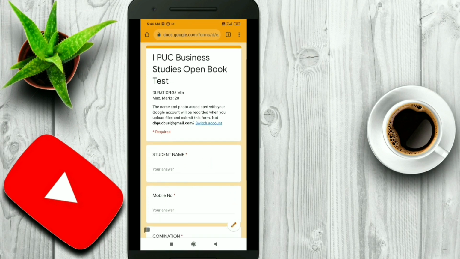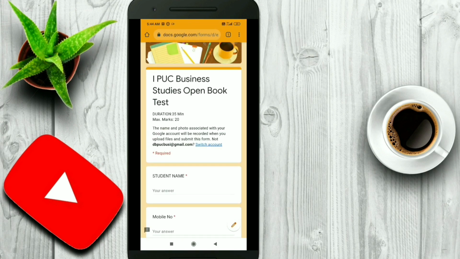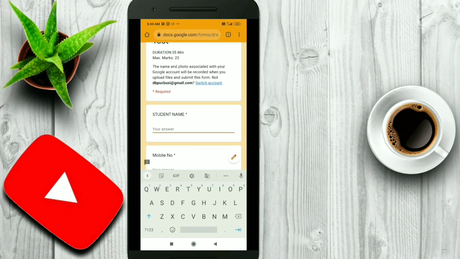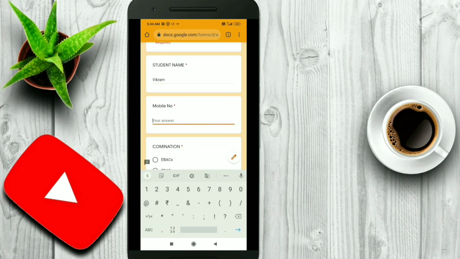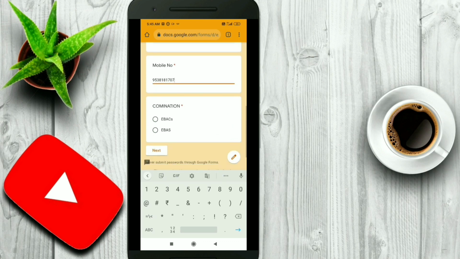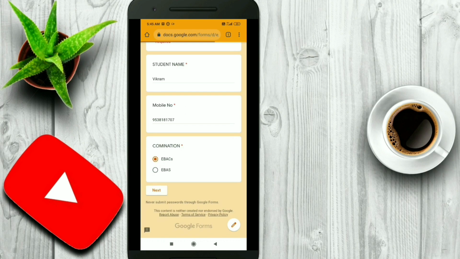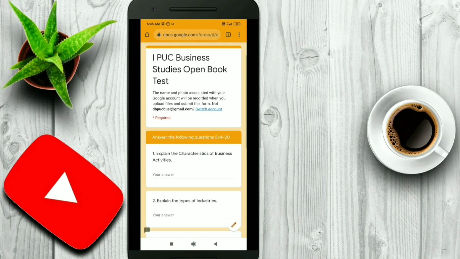I have chosen your previous Open Book Test Google Form. Fill up the necessary fields. Choose the combination. You can see these are the questions.